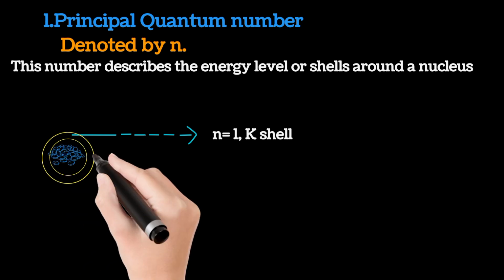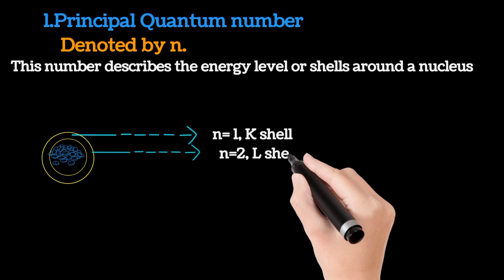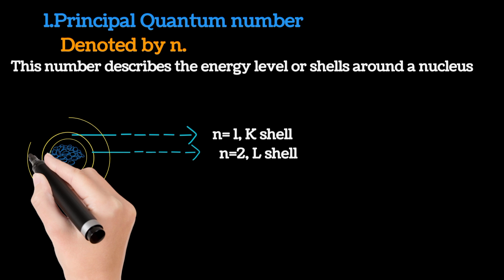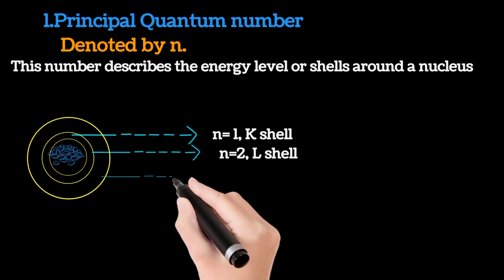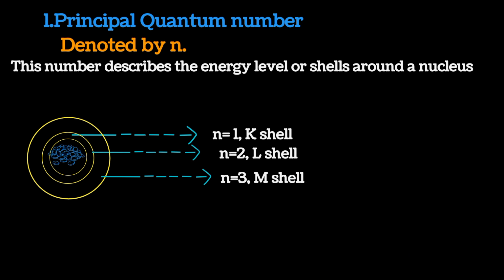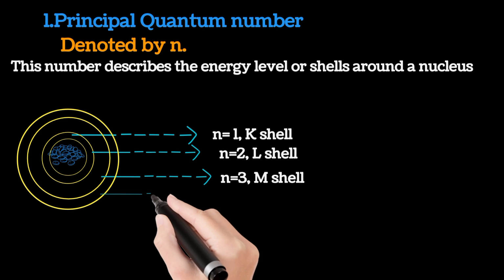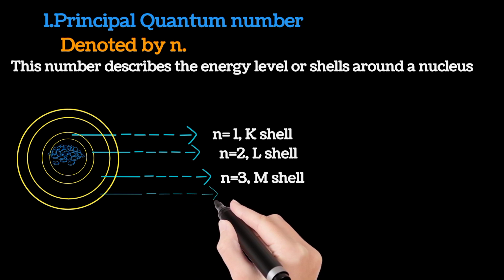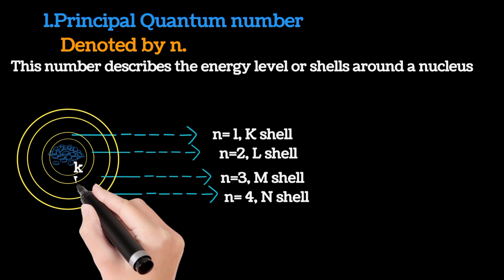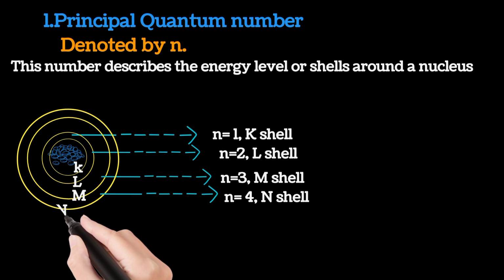The second shell is denoted by the principal quantum number N equals 2, and is called the L shell. The third shell is denoted by the principal quantum number N equals 3, and is called the M shell. The fourth shell is denoted by the principal quantum number N equals 4, and is called the N shell. So we'll have the first shell, the K shell, L shell, M shell, and the fourth shell, which is the